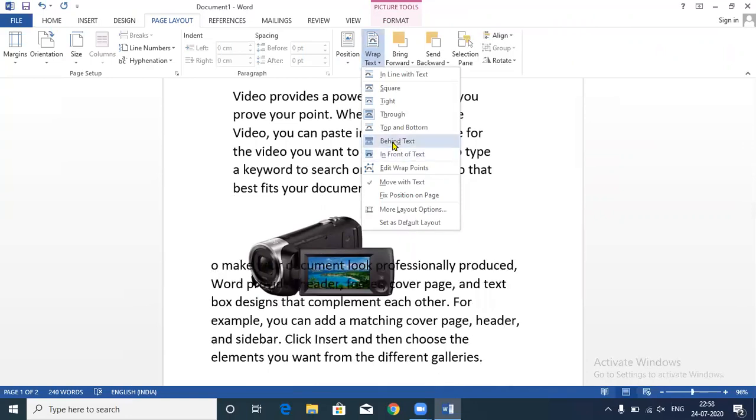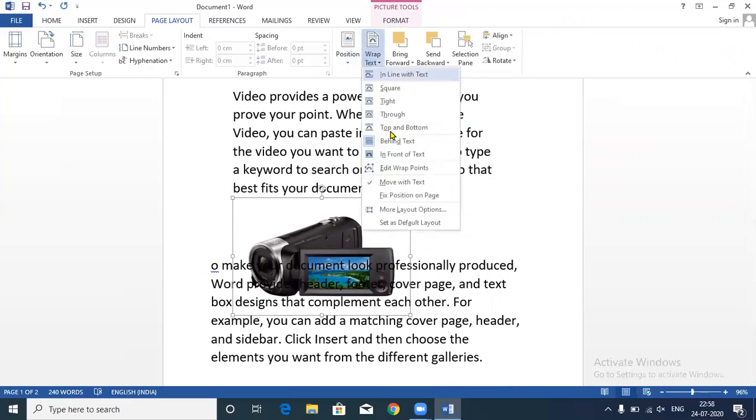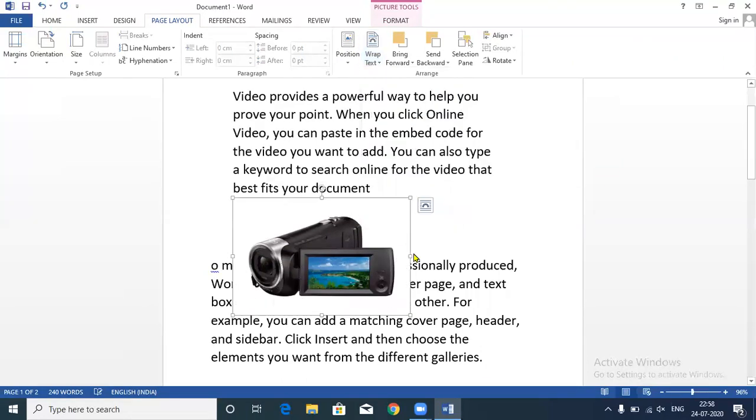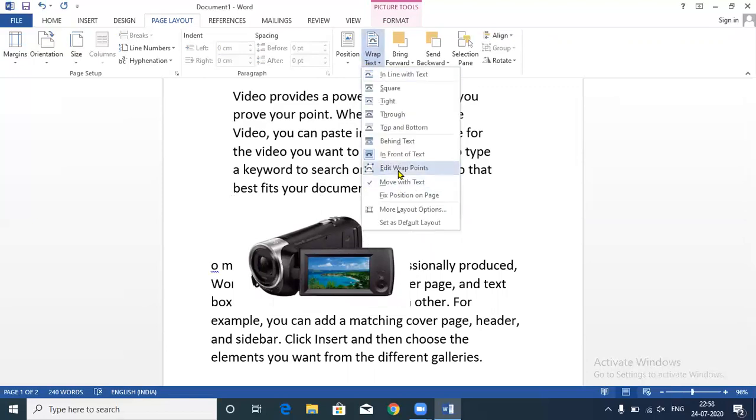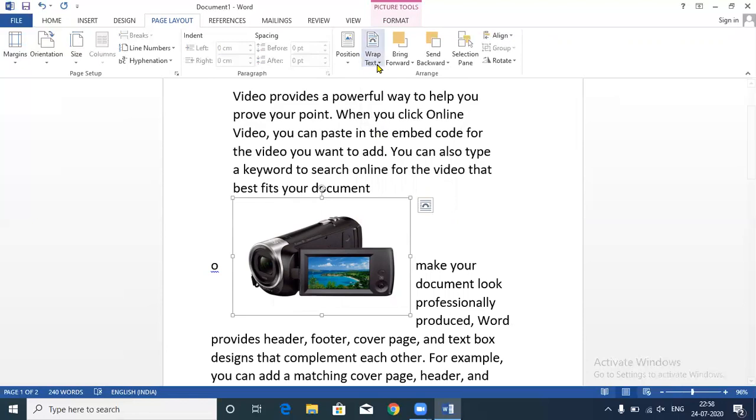For example, if you want your picture behind text, you can set this, and your picture will go behind the text. If you want your picture in front of text, it will come in front of text. Whatever your requirement, you can fit your picture accordingly.